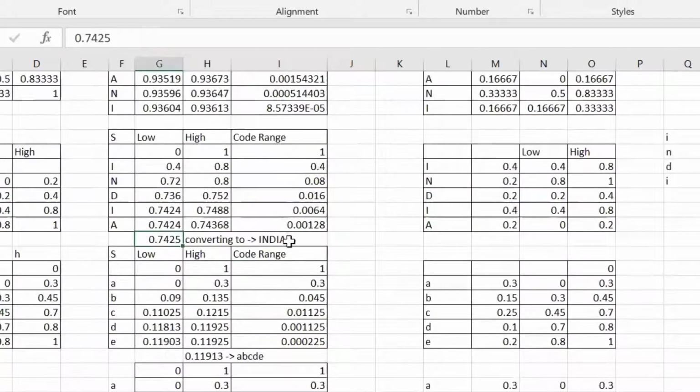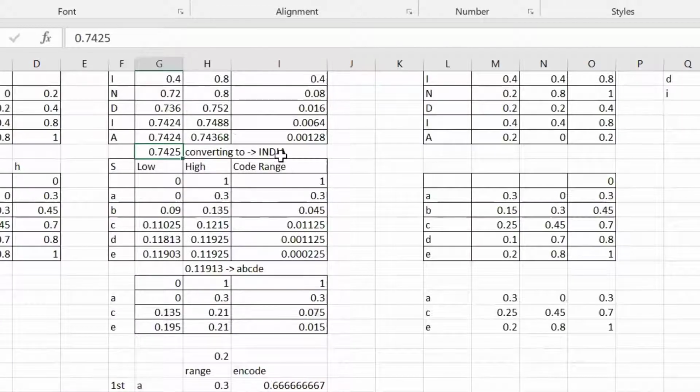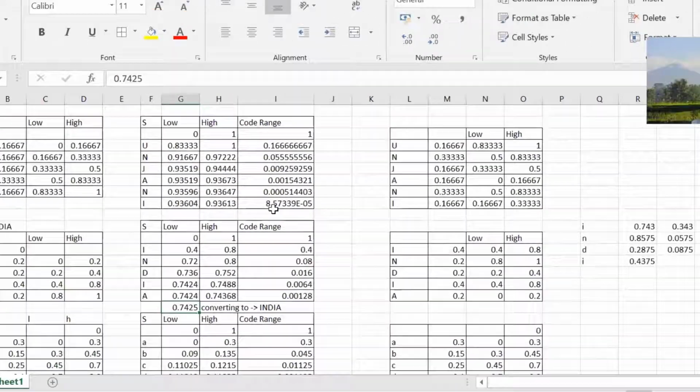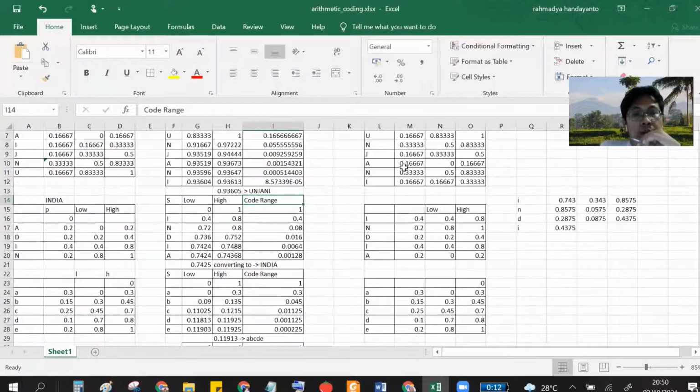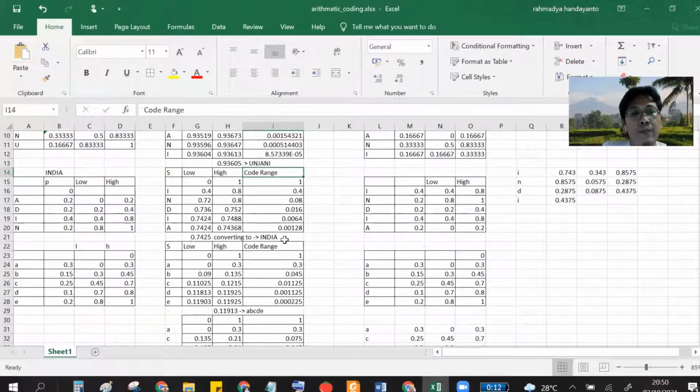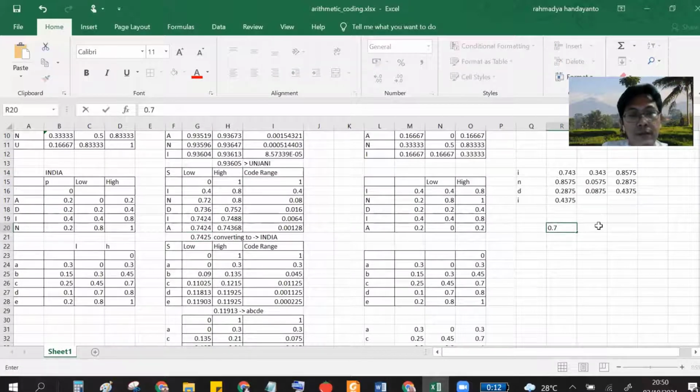For example, the method is here like this. For example, 0.7425, yeah.